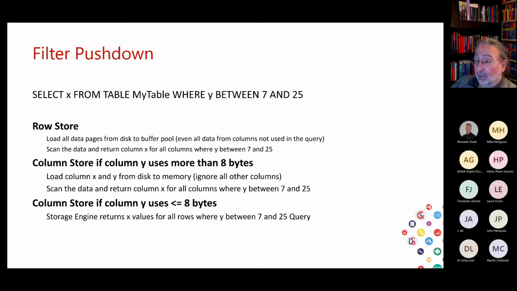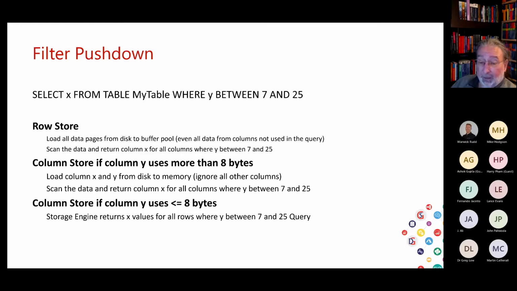So the storage engine doesn't even return the rows that don't match the criteria. So that's called filter pushdown. So instead of loading everything into memory and then using it there, it only loads the data that is actually needed. Yeah? So that's a big saving